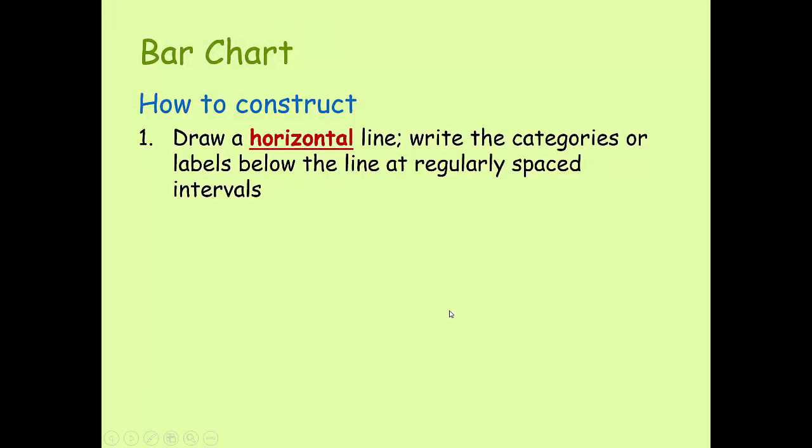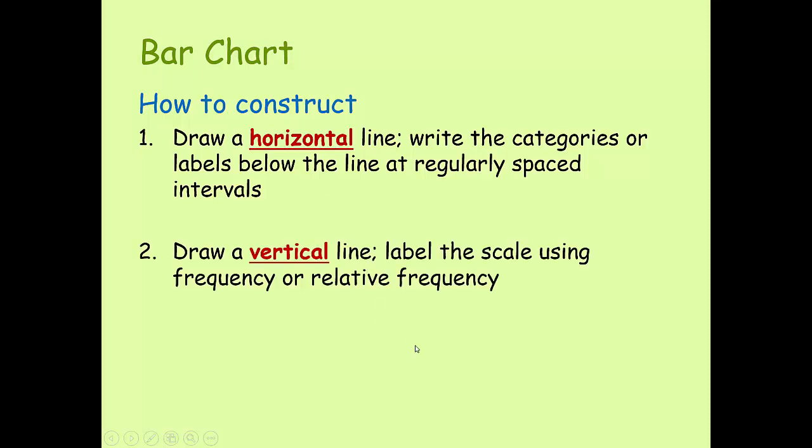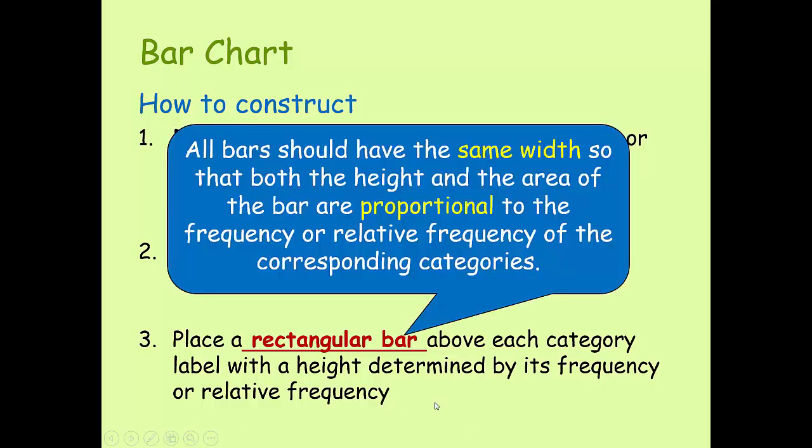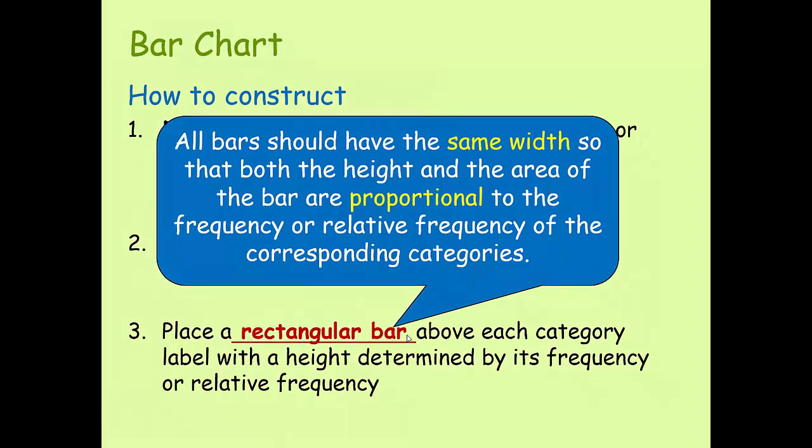Well, how do you construct a bar chart? You draw a horizontal line, you write the categories, so the categories are your x-axis. Your y-axis is going to be your frequency or relative frequency, and then place a rectangular bar above each category, and their height is the height of the frequency or relative frequency. All the bars should have the same width, so you're not making things look weird with statistics,